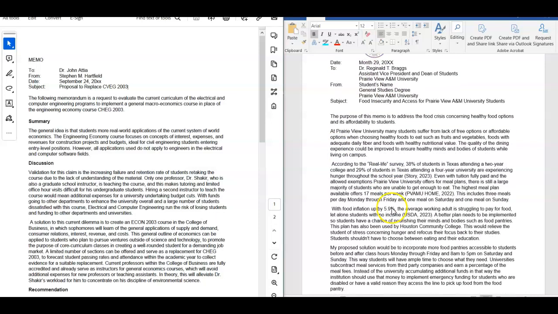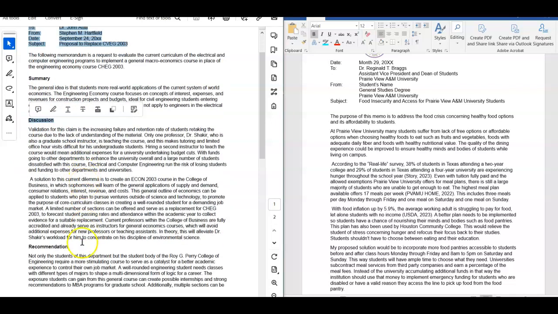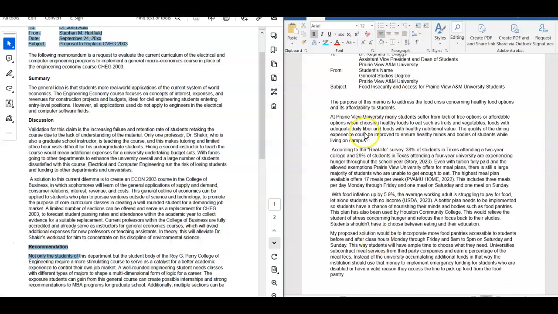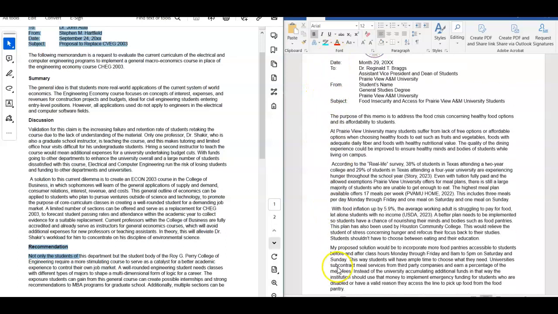So all of the material is the same. You change the title block. Next, you remove the titles or subtitles that you added: summary, discussion, recommendations. Instead, you just write it in paragraph format. Again, you are still using the full block method, which means everything is flushed to the left, nothing is indented. So do not indent the paragraphs. Everything is single spaced, with only a double space between paragraphs